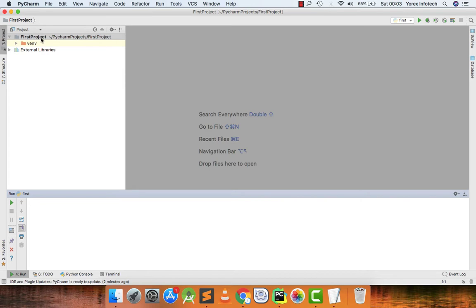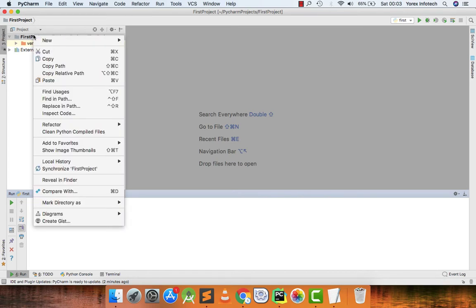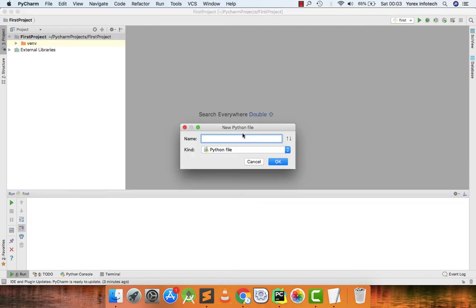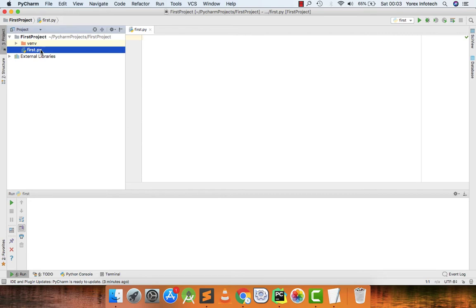First of all, I have created a new project in my PyCharm, and on the project I have to do a right click and create a Python file. Let's name this file as first. The first.py is the default extension of a Python file. So starting with the first part, if we have to print or output a hello world on my screen,